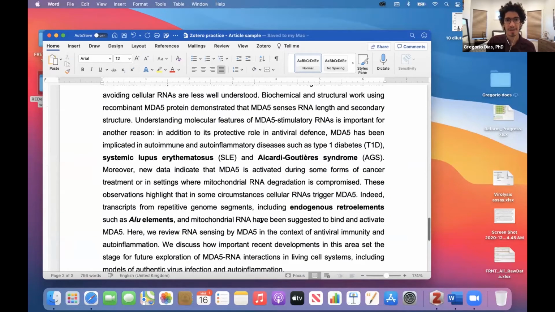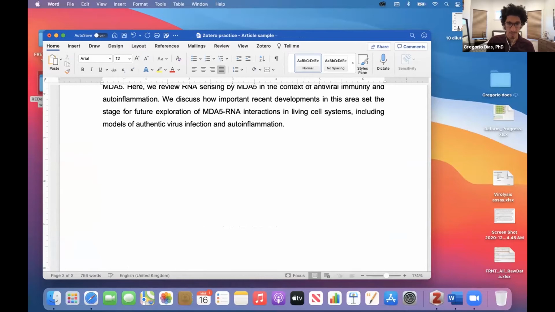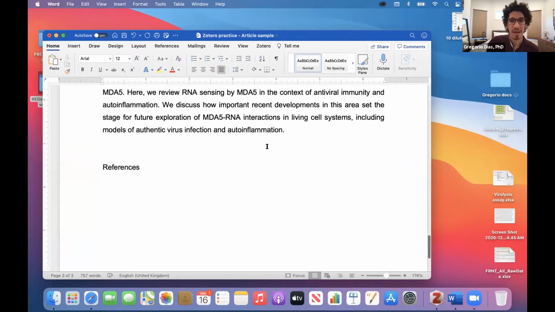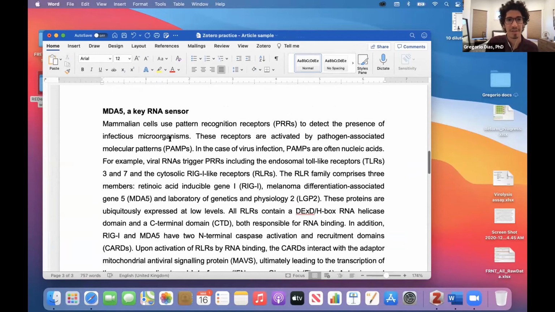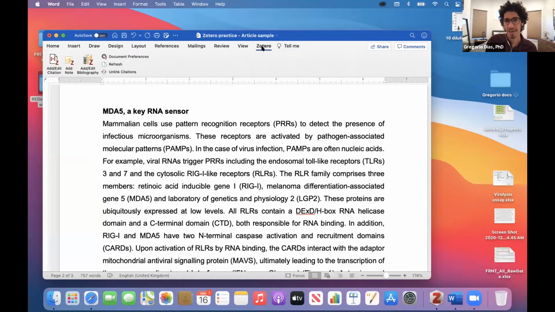And now I want to create my reference section. I want to add references here toward the end. So basically, I start citing my paper. After you install Zotero, it also comes with a plugin that works in Word. Here I have Word open, and you can see I have a Zotero icon right here on the top. This did not exist before because it doesn't come with Word, but after you install Zotero, you see this little icon that's going to help you add citations to